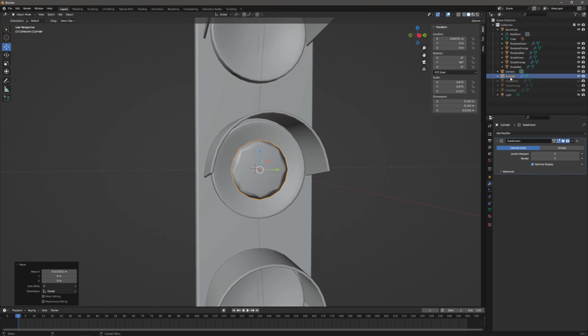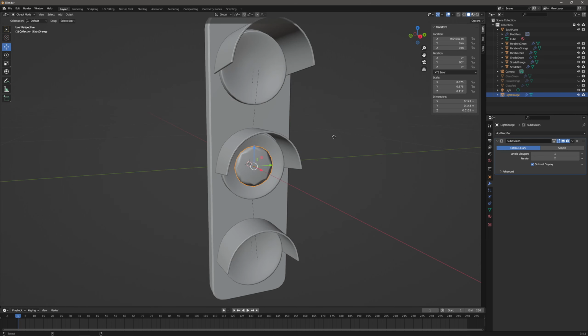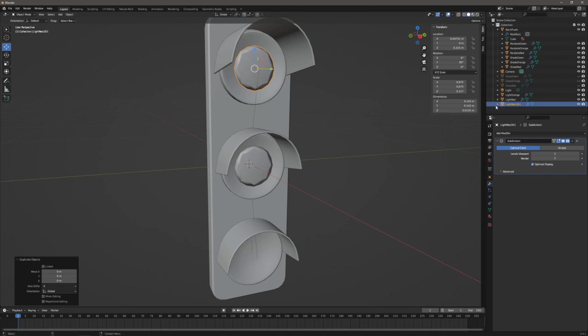Now we can rename it as light orange, and let's duplicate it and change the name to light red and position it to the usual 0.325 on the z-axis